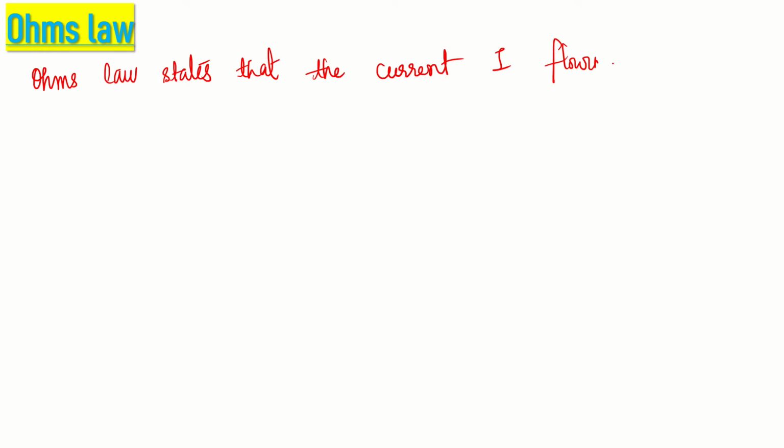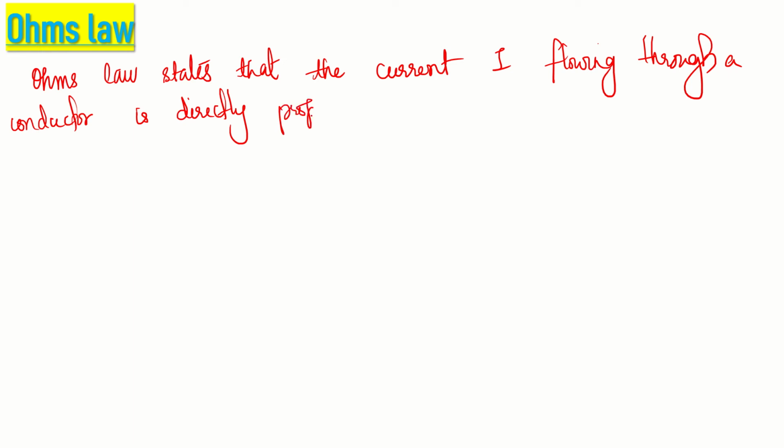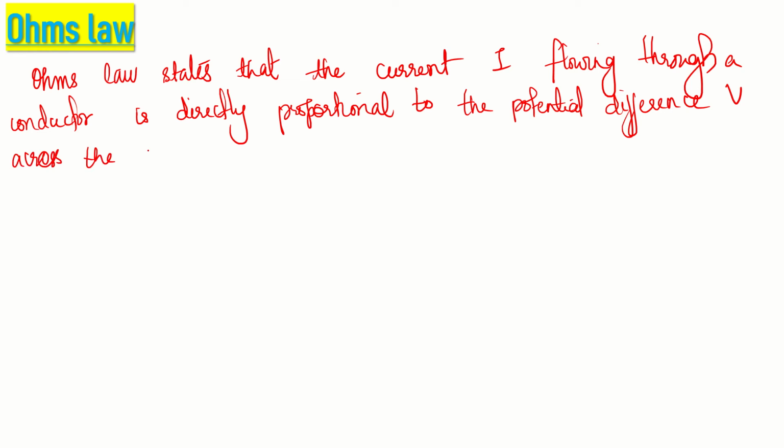Here in class 12, Ohm's law states that the current I flowing through a conductor is directly proportional to the potential difference V across the ends of the conductor,